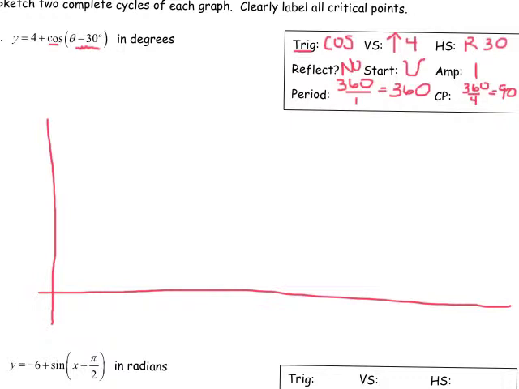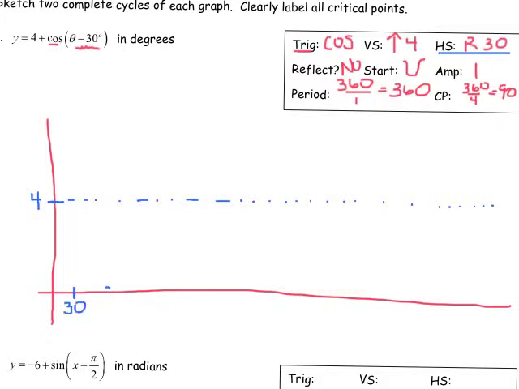Okay, since we go up 4, typically our sinusoidal axis is on the x-axis, but when you go up 4, now your sinusoidal axis is up 4. So put a 4, and I like to draw the sinusoidal axis. I think it's extremely helpful. Now we could do our horizontal shift. So we're going to start 30 to the right,